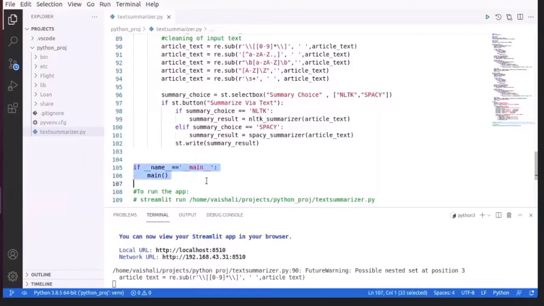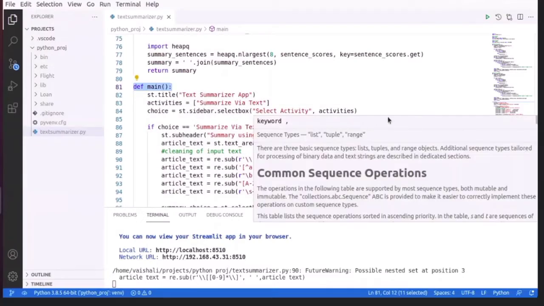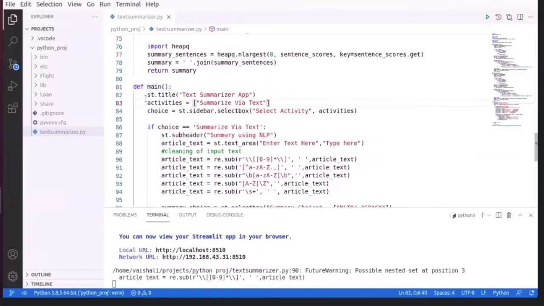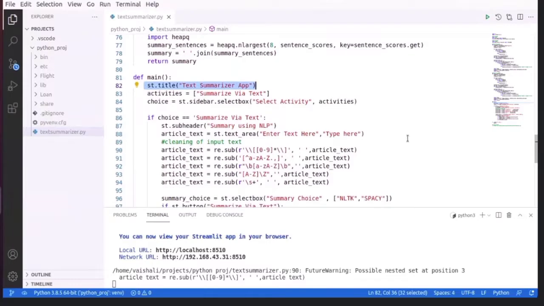So if name is equal to main, the main part will get executed. So it will jump to the main part, and here we are using st dot title. St we are creating as a Streamlit object, as Streamlit is helpful in designing the GUI. So we have used Streamlit over here.